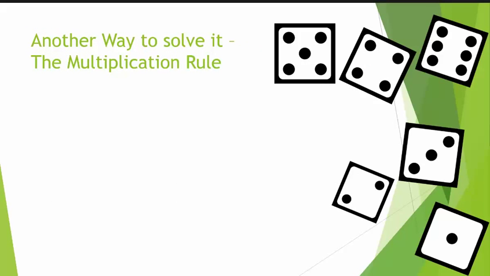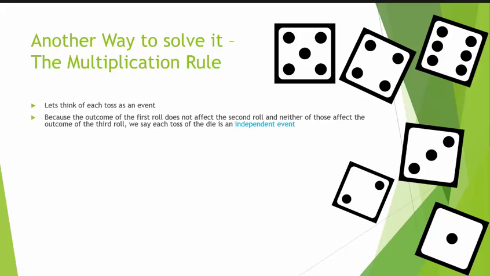Now another way to solve this without having to be so deep and thoughtful in looking at the grid is to think of each toss as an event. We're just going to toss it, and that's an event. And we know that you could get a 1, a 2, a 3, a 4, a 5, or 6 as the picture shows. Because the outcome of the first roll does not affect the outcome of the second roll, and neither of those will affect the outcome of the third roll, we say each toss of the die is an